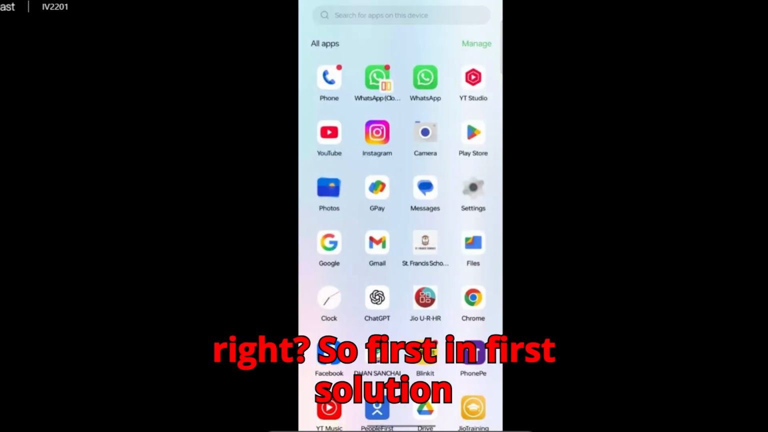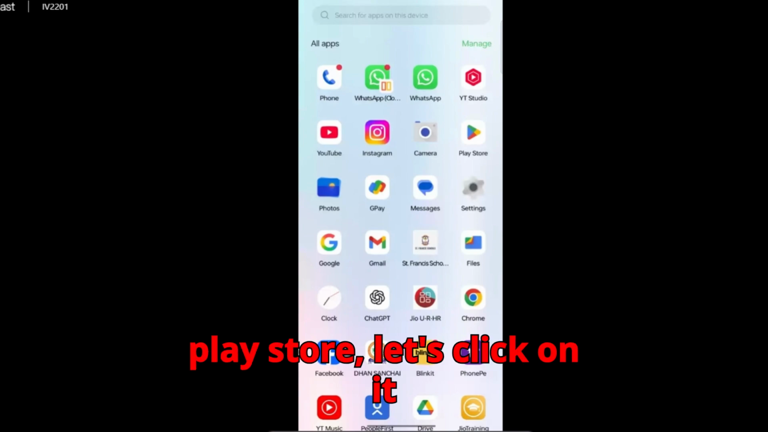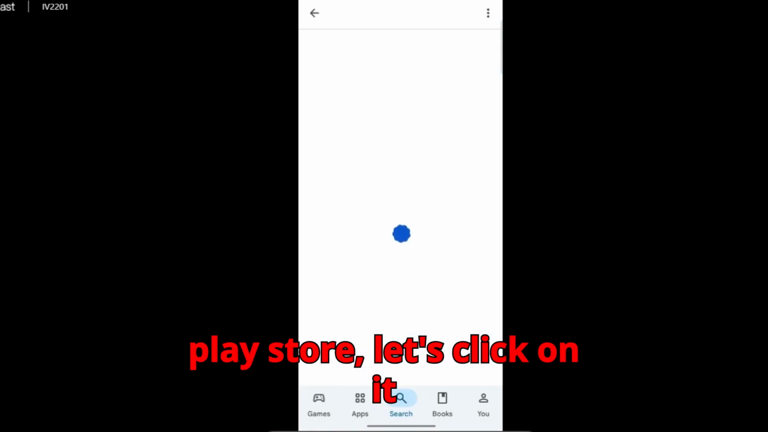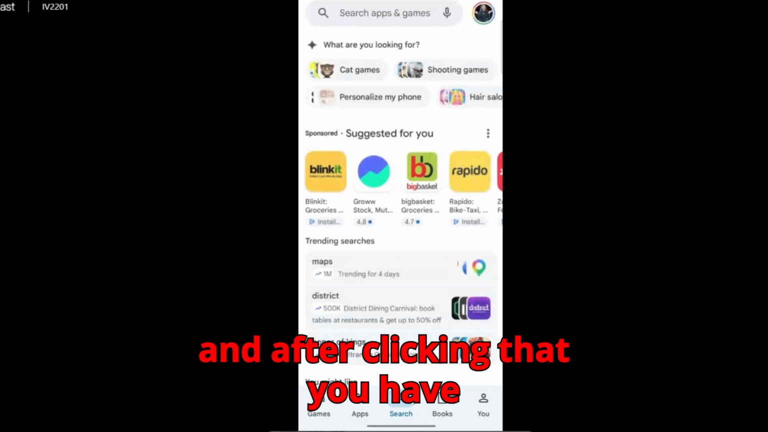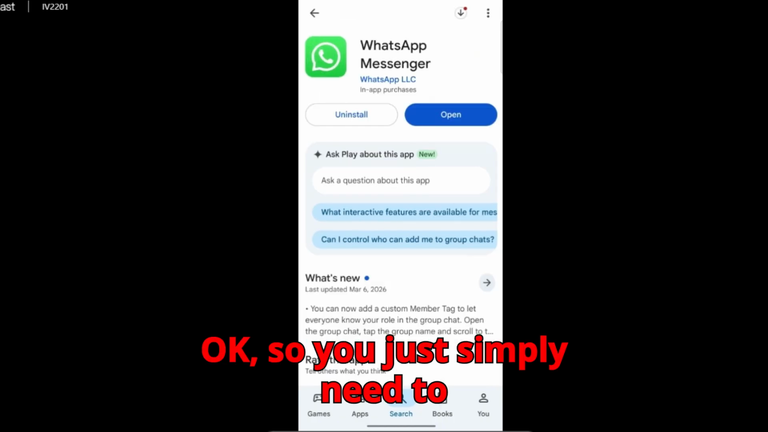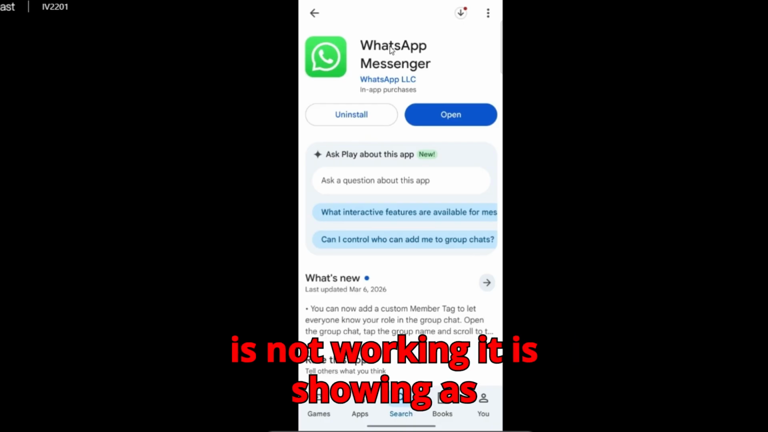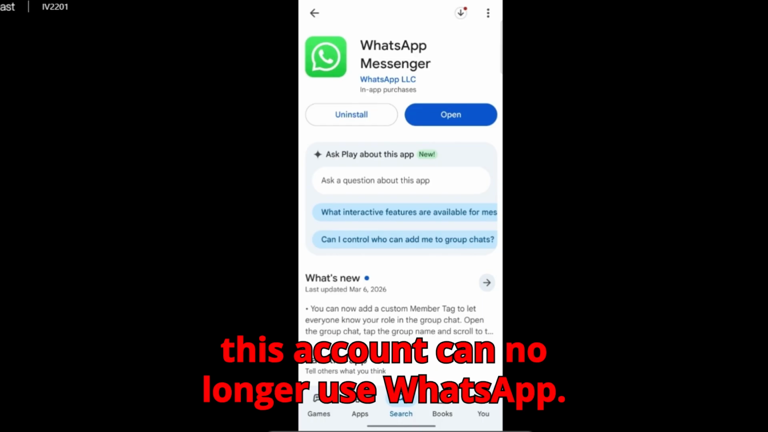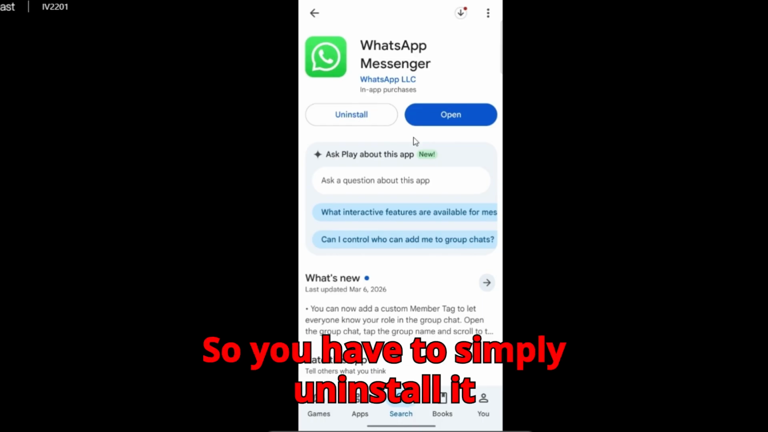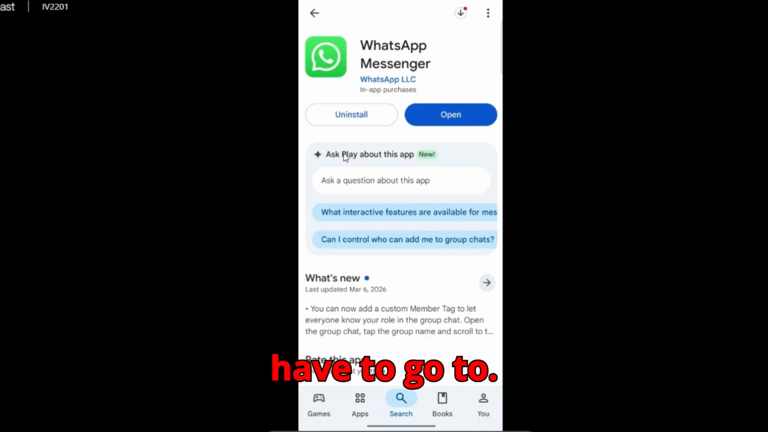So for the first solution, we just need to go to Play Store. Let's click on it, and after clicking that you have to type WhatsApp. Okay, so you just simply need to uninstall this. All right, if the older one is not working and it is showing "this account can no longer use WhatsApp," you have to simply uninstall it, and after following this process you just have to go to